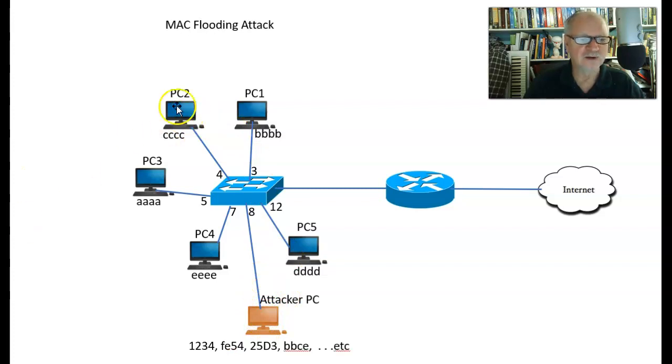The third scenario is called MAC address flooding. So here an attacker has plugged into a port and now sends massive numbers of MAC addresses to this port. So many, in fact, that it overloads this switch with its entire capacity of MAC addresses. Now when that happens and this switch becomes full of MAC addresses and can't learn any more, what happens is it begins to act like a hub and send everything to everybody. And so now this PC, this attacker, can listen in to all of the traffic going on that switch.